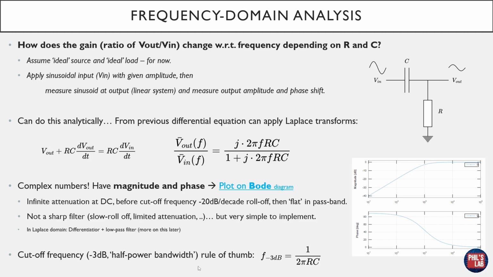We already hinted at the cutoff frequency, which we can see on the bottom side here. This is known as the minus 3 dB frequency, and where we effectively have a half power bandwidth. And this is how we typically define bandwidths of filters. So what is the frequency at which our magnitude in dB hits minus 3 dB? And the same as for low-pass filters, for high-pass filters, the formula is F equals 1 over 2 pi R